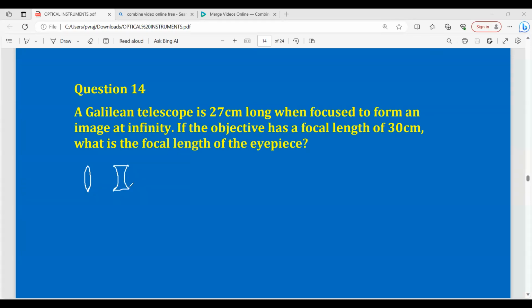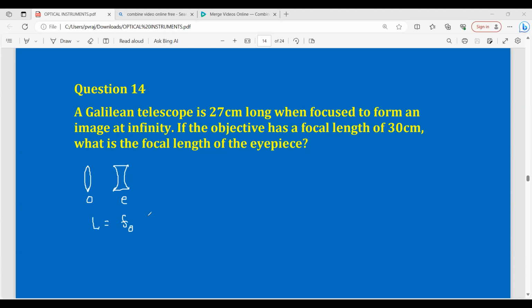In normal astronomical telescope and terrestrial telescope, both are convex lenses only, na? So that focal length can be taken positive for both of them. But when it comes to Galilean telescope, focal length of objective lens is positive, focal length of eye lens will be negative. So tube length will become